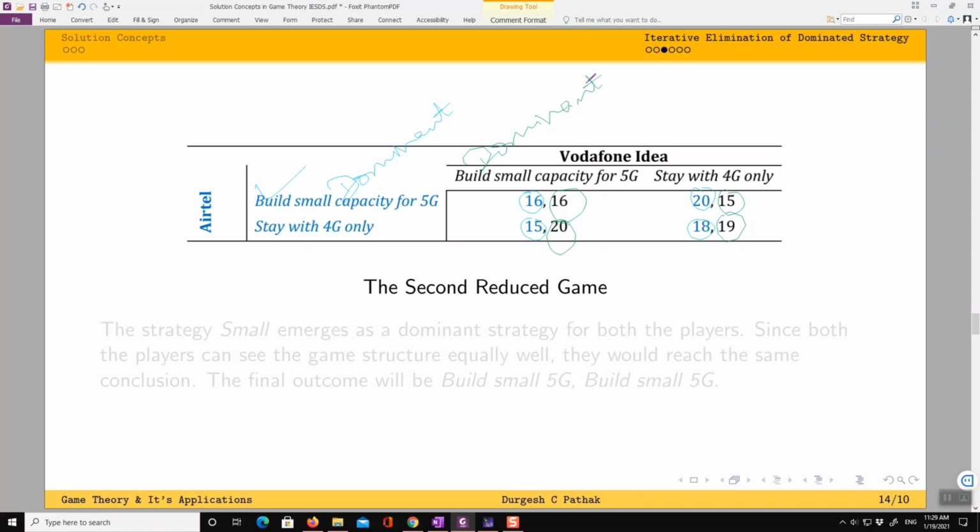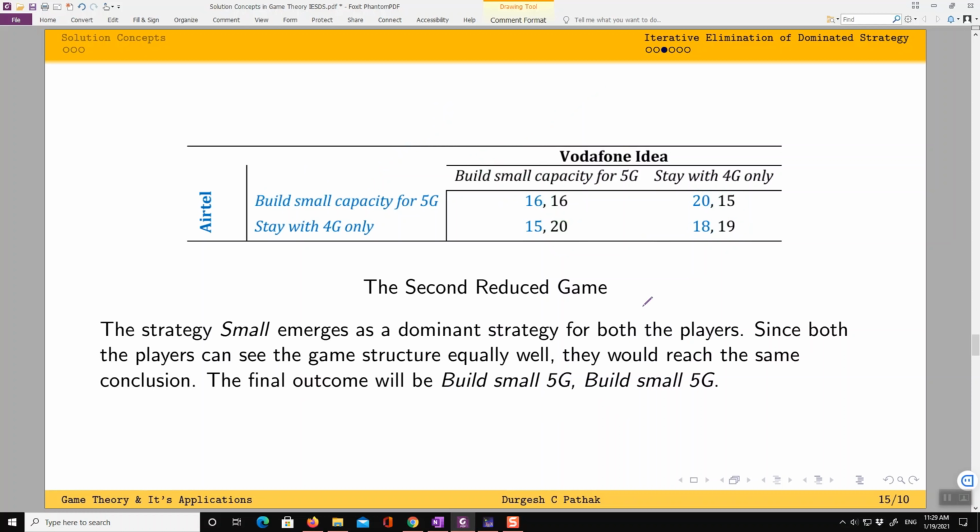We eliminated strictly dominated and weakly dominated strategies, and we arrived at a smaller version of the game where both the players have a dominant strategy, and that is build small. Because this is the dominant strategy, players are going to play this. So final outcome will be build small, right? This will be the final outcome of this game.